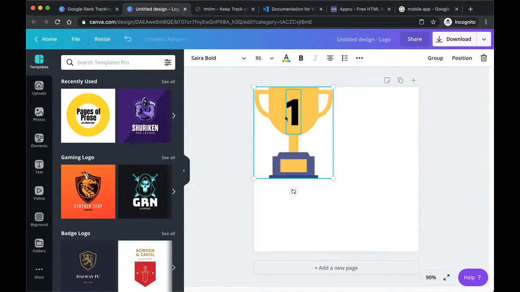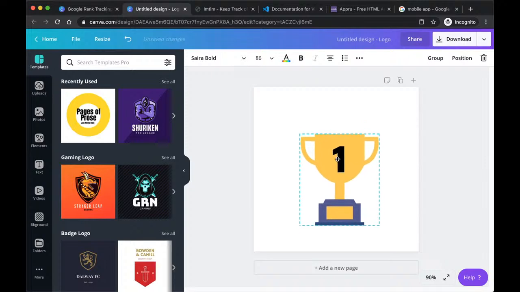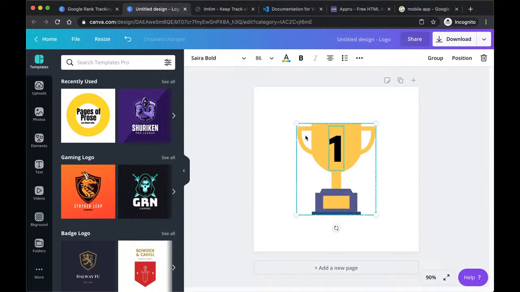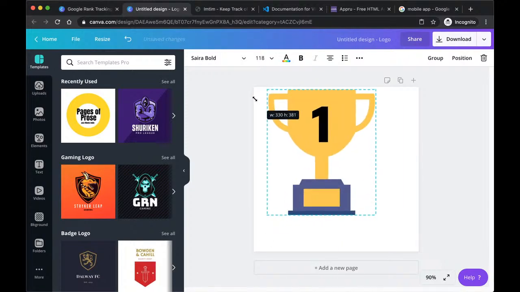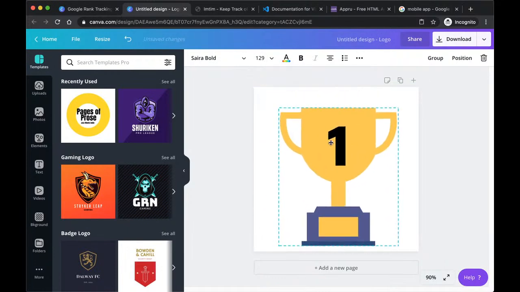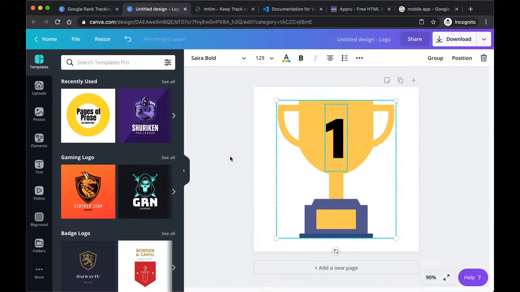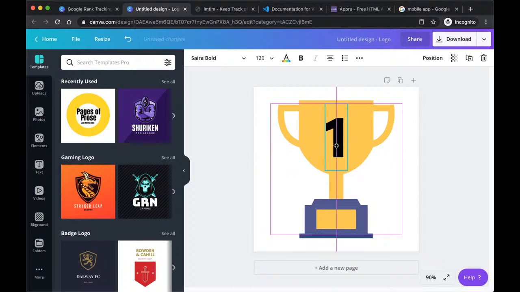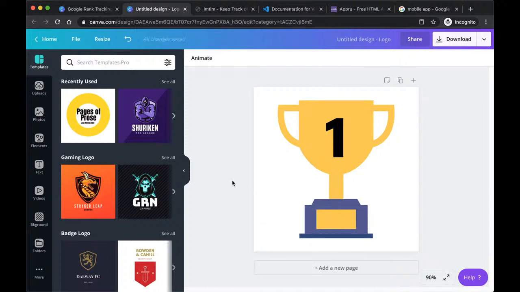Allow, cool, center it, make it bigger, center it again. So this can also be used as your app icon if you want it to be. Make sure the number is centered. Okay. And then let's press download. Although,